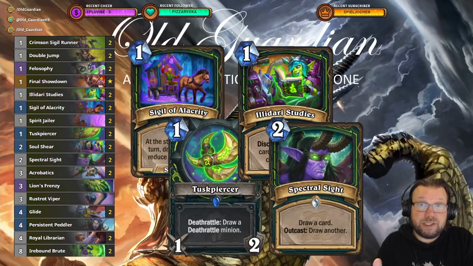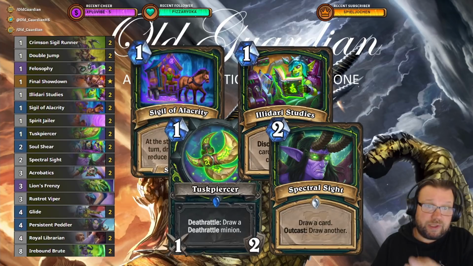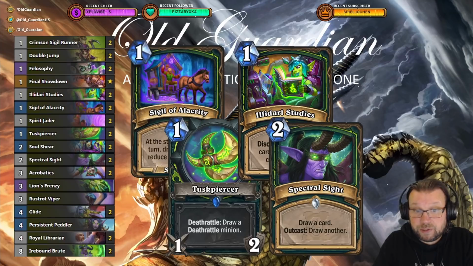As for the mulligans with this deck, there are 3 cards that you always keep. You always want to keep the quest line, and then you always want to keep Sigil of Alacrity and Tuskpiercer. These are really important setup tools. So let's say you play the quest line on 1, then on turn 2 you can set up the Sigil of Alacrity, so you're going to get 1 of the draws that you need on turn 3 from that. Or you can equip your Tuskpiercer and swing with it once, it will go down to 1 durability, so another swing on turn 3 will give you 1 of those draws that you need to